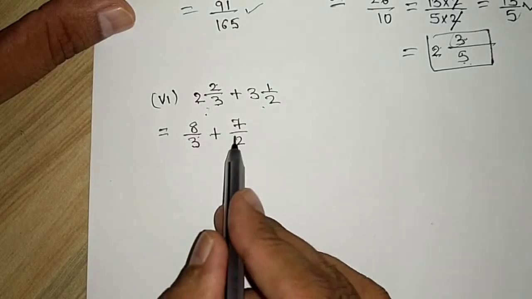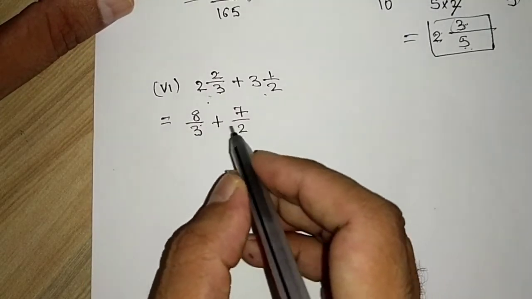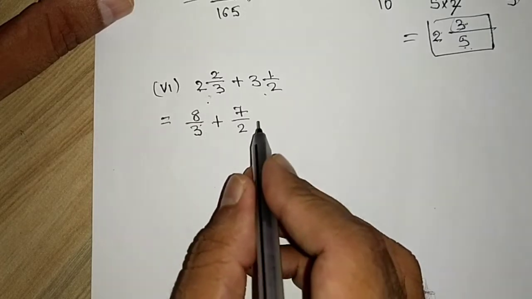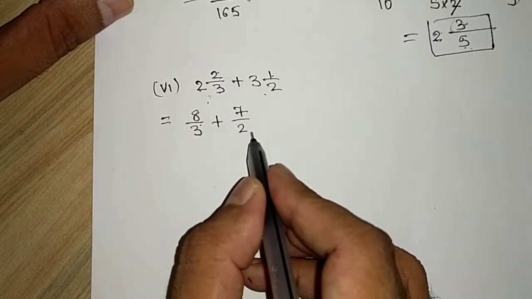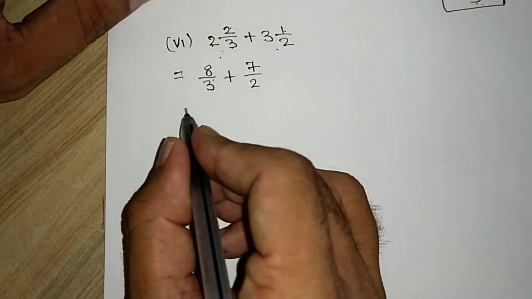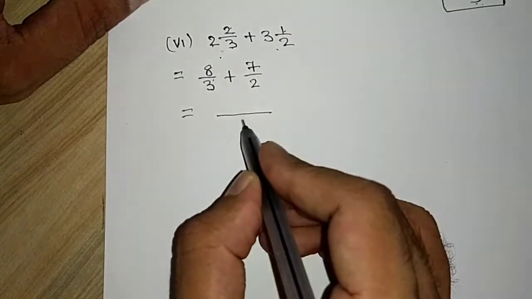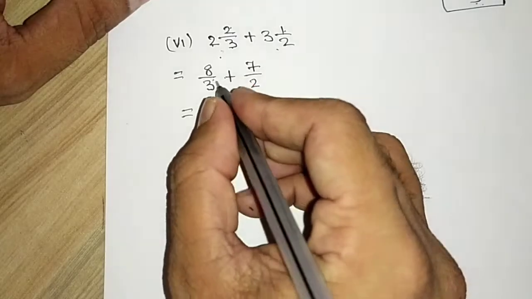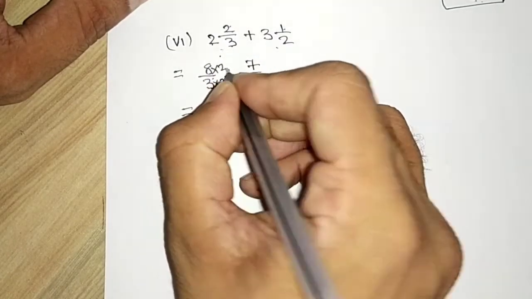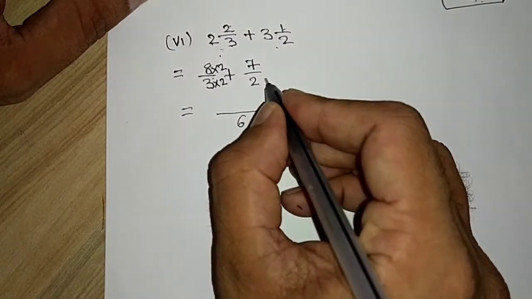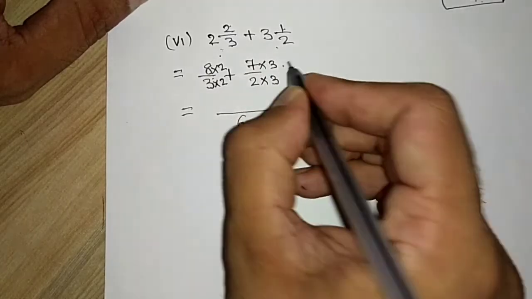So we have to add two fractions. Again 3 and 2, it does not go in each other's table. 2 doesn't go in 3's table and 3 doesn't go in 2's table. So what will we be doing? We will be multiplying both to get the LCM. And what is the LCM? 3 2s are 6. Now to make it 6, I have to multiply it by 2. So the numerator also by 2. To make the 2 as 6, we have to multiply it by 3. So the numerator also by 3.